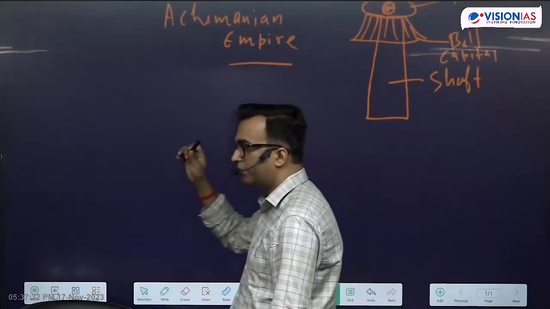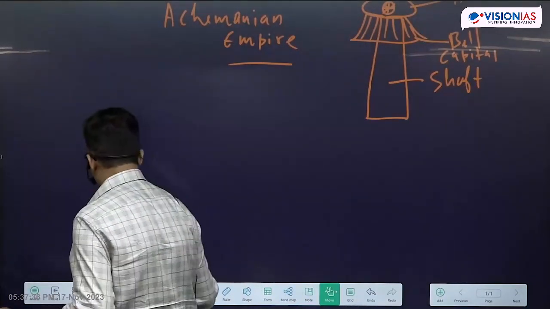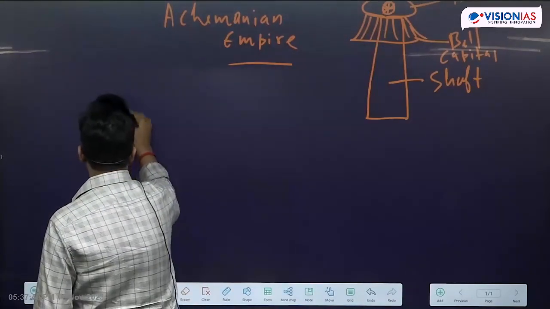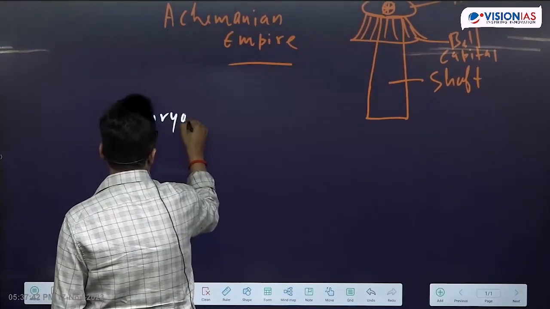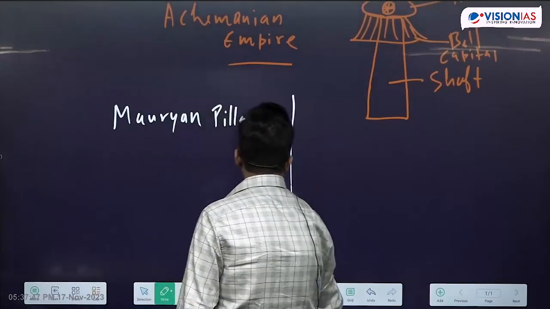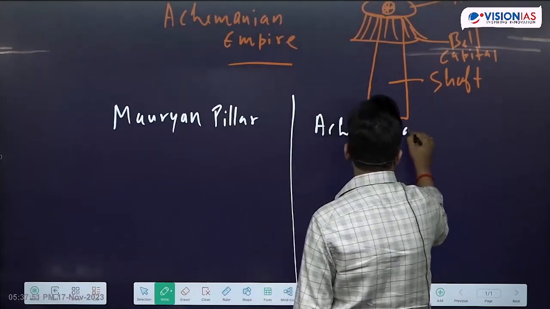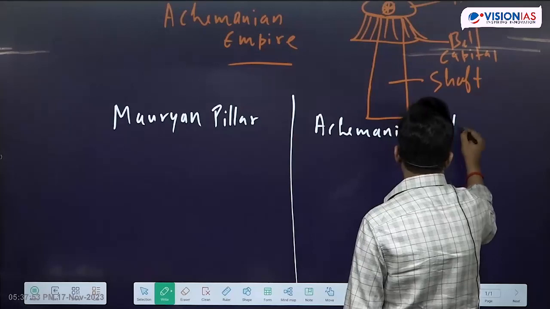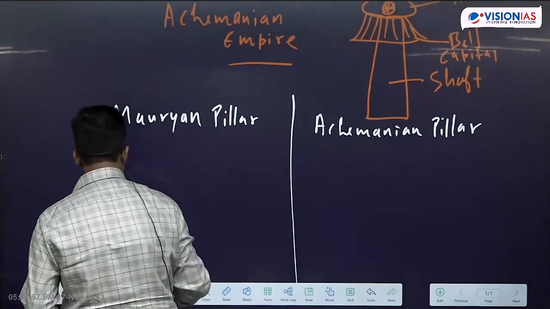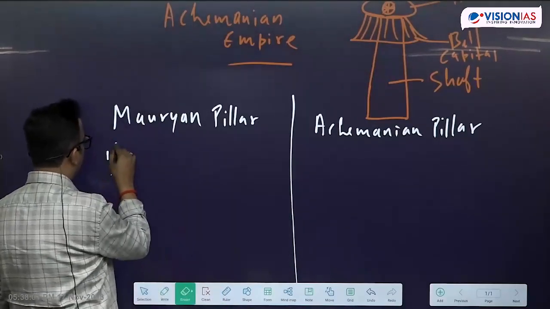One side you write Mauryan pillar and the other side Achaemenian pillar. That will be easier to understand. So write this side Mauryan pillar and the other side Achaemenian pillar. So already we have mentioned, अब differences लिख लो. So you write. So first place you mention